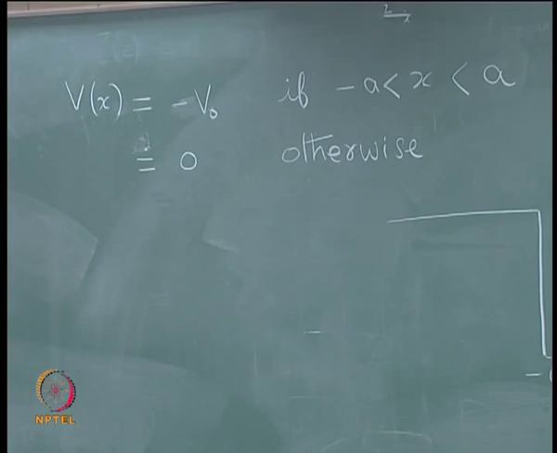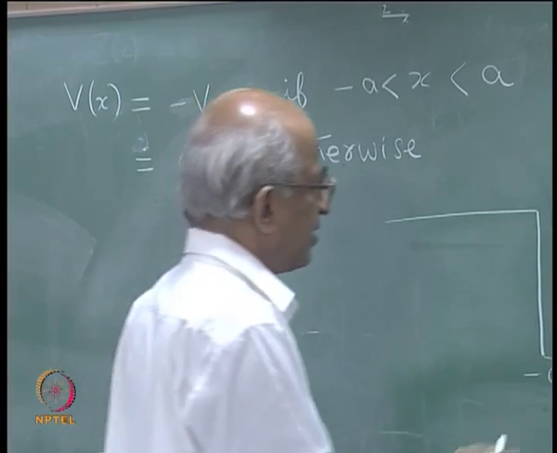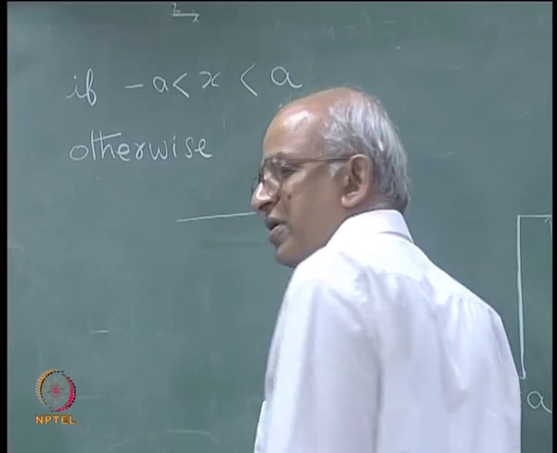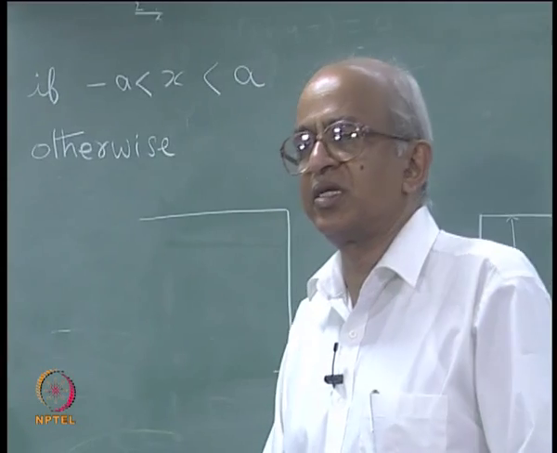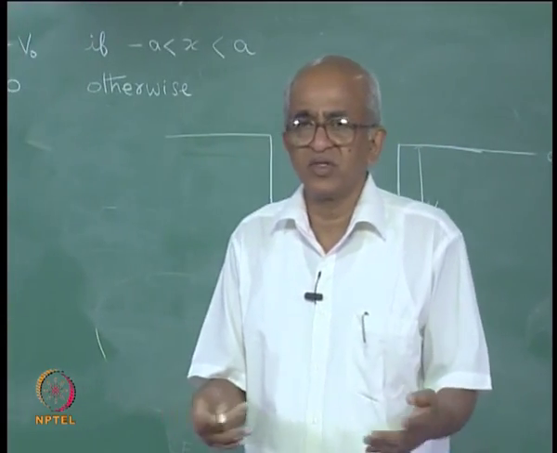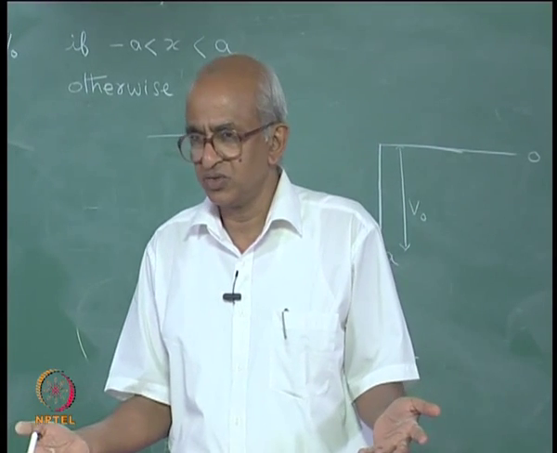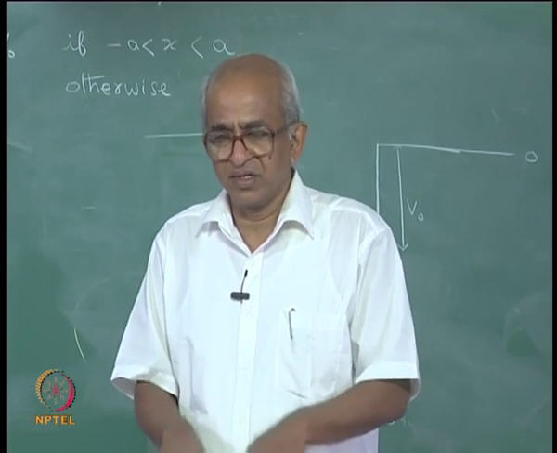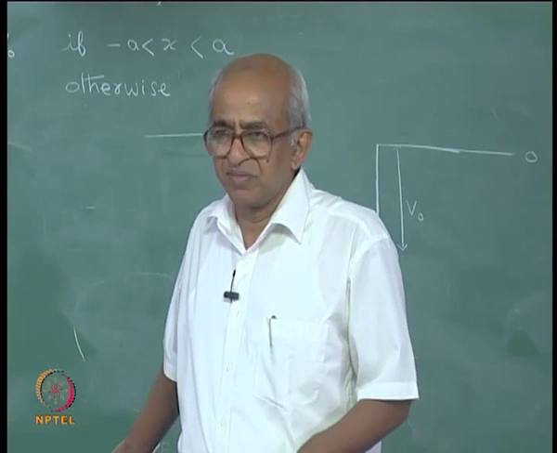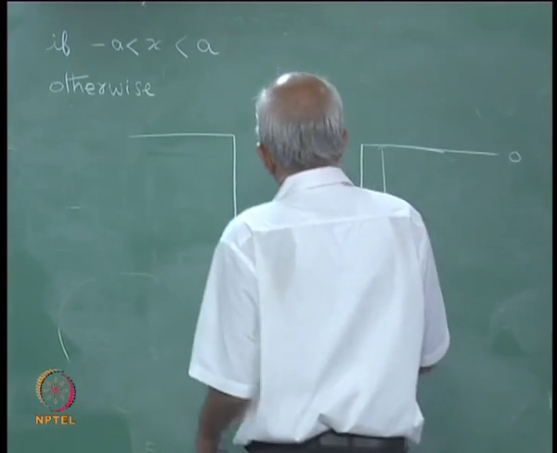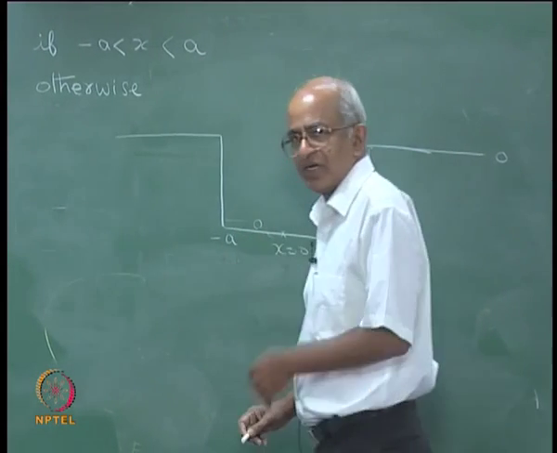Now, before we go into the quantum mechanical description of this, imagine I have a classical particle. What will happen to a classical particle? A classical particle can be just sitting within the box, then its potential energy will be minus V 0 and it is not moving. So the total energy will be minus V 0. So the lowest possible energy for a classical particle, if it was subjected to this kind of potential, will be minus V 0.